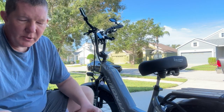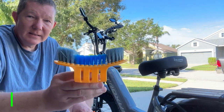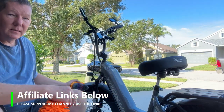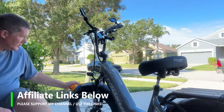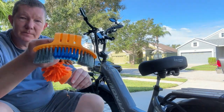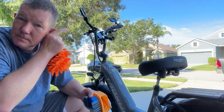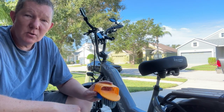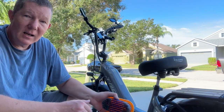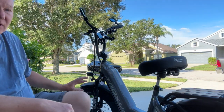Typically then what I want to do is I'll use some type of a brush. This is a great brush you find in many bike cleaning kits because it allows it to wrap and get around the tire. Okay, I can show you. It's kind of got that curvature to it, right? And what I'll do is I'll just dump this into a bucket of soapy water and scrub the sidewalls of the tire and the tread of the tire and get everything cleaned up. And then with that, I will hit it with a water hose just to kind of rinse it off,